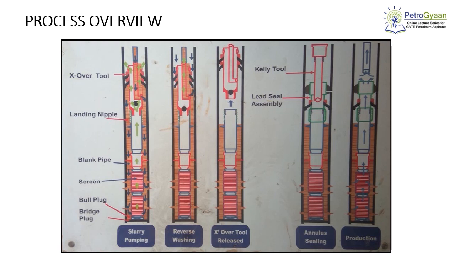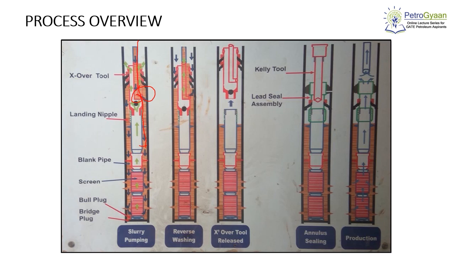So this is the general process overview of sand screen completion, where the drill string is prepared with the sand screen at the lower end, followed by blank pipe, then the landing nipple, and then the crossover tool. Then slurry is prepared with thermogel, because we need suspension of proppant, otherwise it will fall out of the slurry and will not reach the bottom. The slurry is pumped through the tubing, and it goes through this port to the annulus portion. Once the annulus starts filling, we apply pressure on it so that it will be compact.